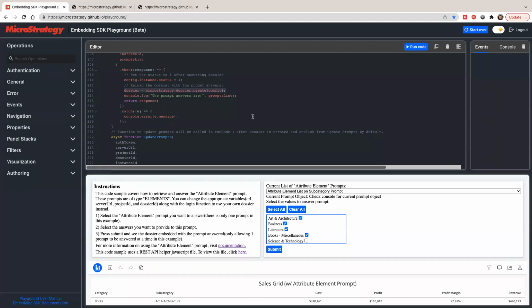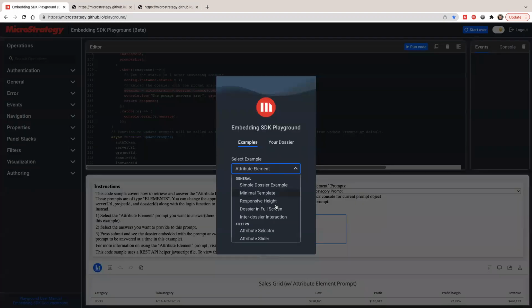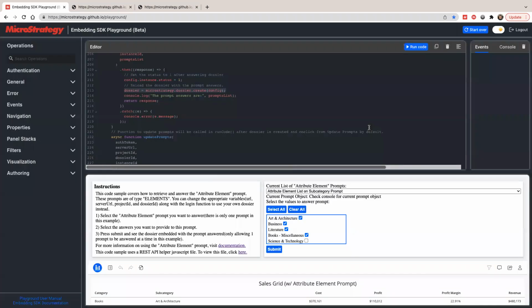This example covers how to create a prompt, how to fetch the information for rendering the prompt, how to answer the prompt, how to call the REST API, and how to embed the prompted document in the embedding SDK. If you want to see other prompt types, we have examples covering attribute qualification prompts and metric qualification prompts. Feel free to check them out, and to watch other videos and use other examples